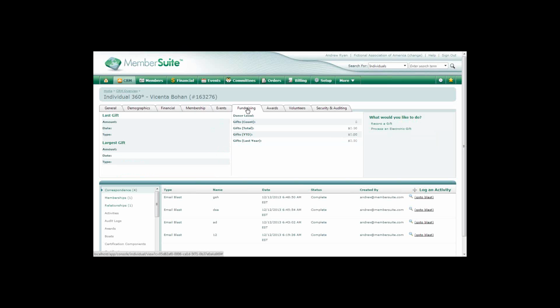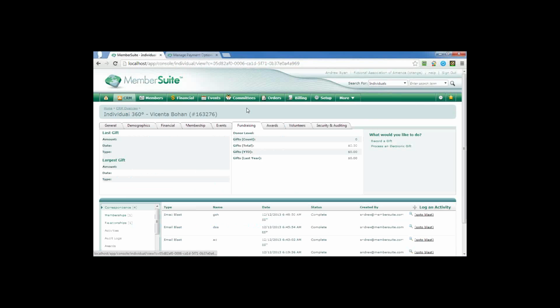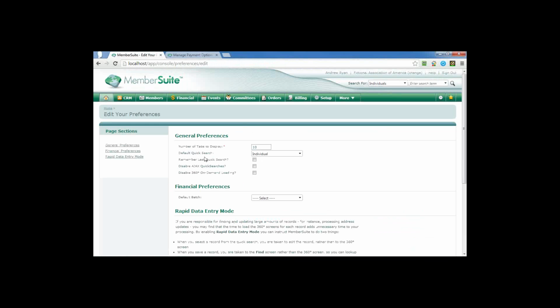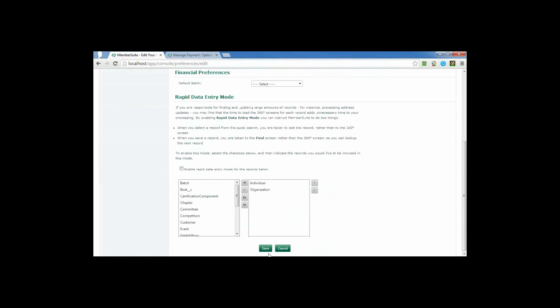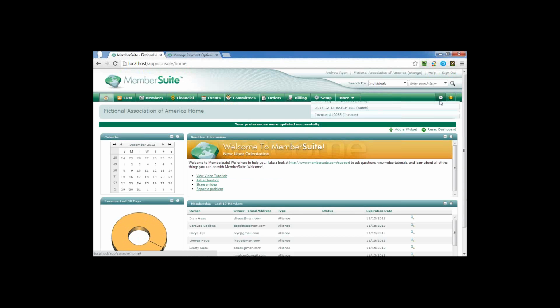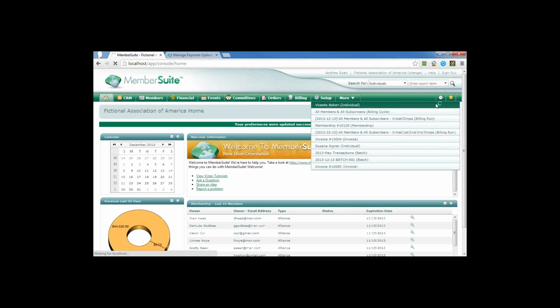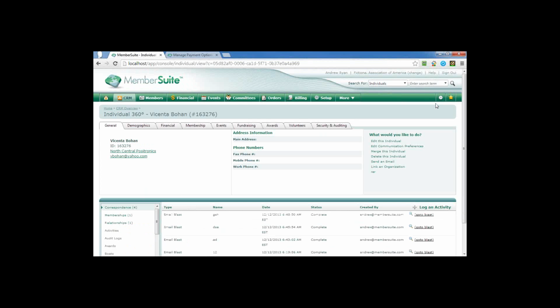And just to compare the difference, let's see if we can go here. You can go to your preferences, and you can disable this if for whatever reason you don't want to do it. Back to the record now. So that's the difference. And remember, I'm loading this on my local machine,